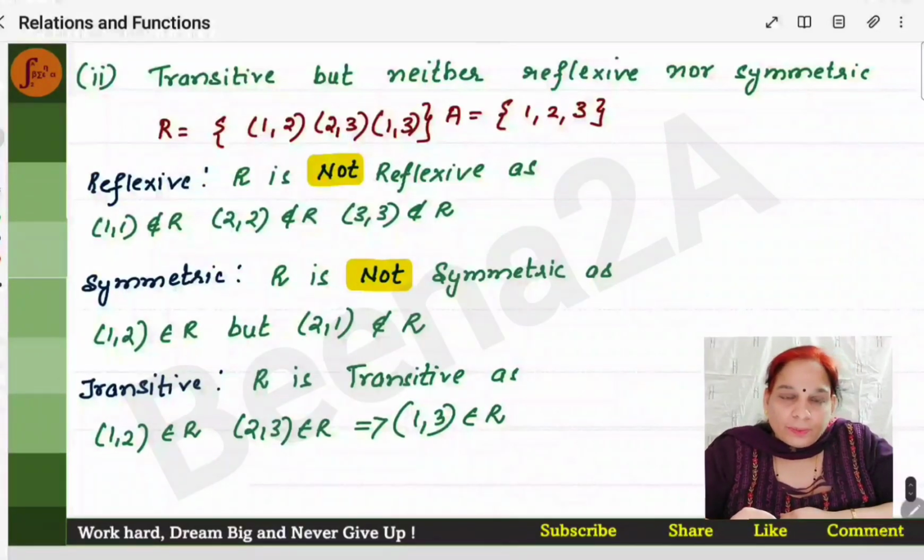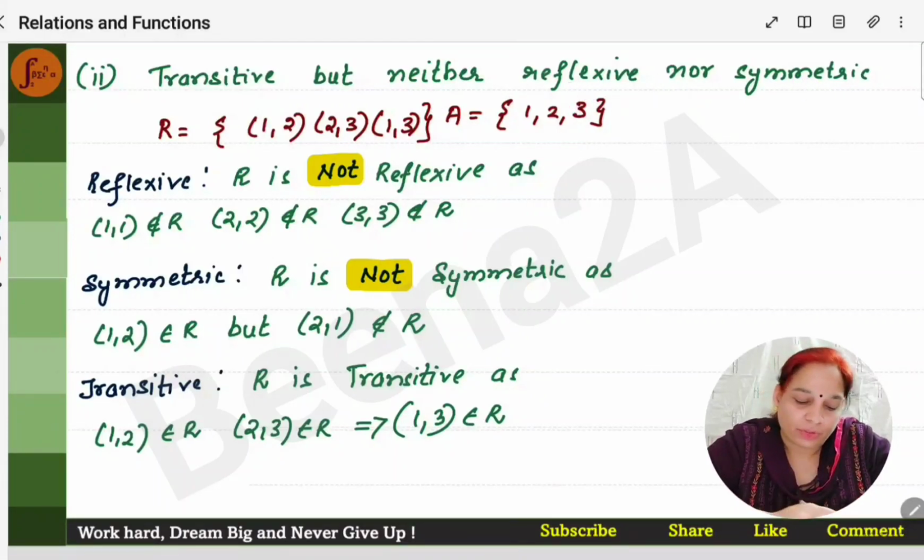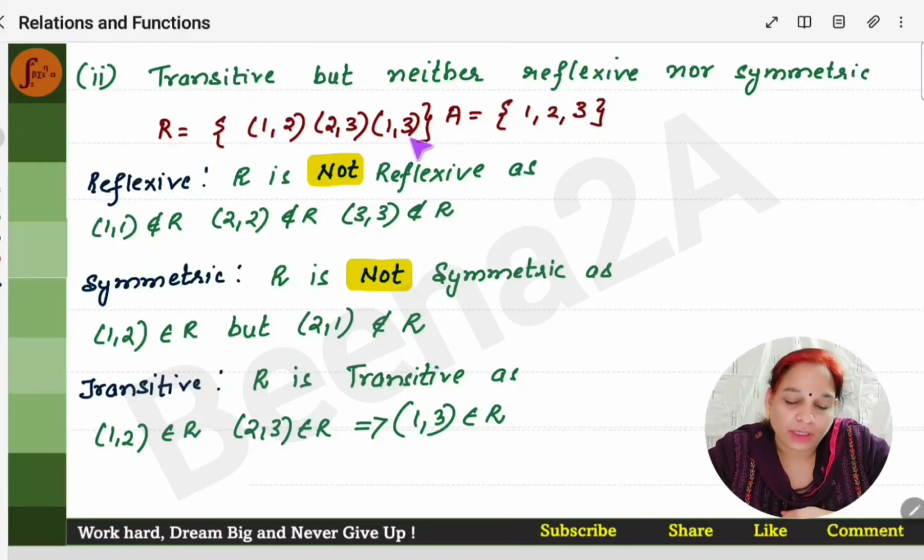The next one, we will have to give a relation which is transitive but not reflexive and not symmetric. Now, first one, it should not be symmetric means the reverse combination should not be there. So you have 1 comma 2 but you will not have 2 comma 1. You have 1 comma 3 but 3 comma 1 is not there. So the reverse combination is not there. So we'll say R is not symmetric as 1 comma 2 belongs to R but 2 comma 1 does not